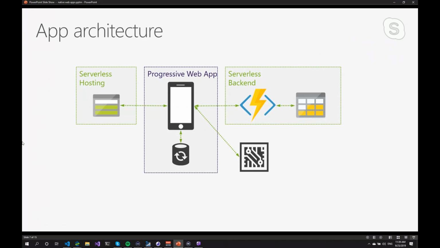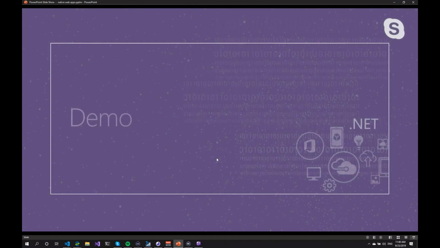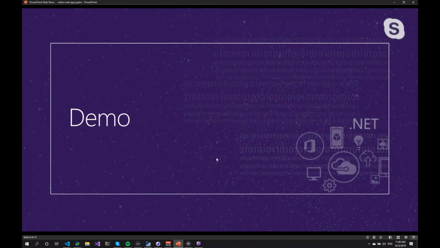And I'm not going to build the entire app today. I'm going to focus on the Azure side of things, how to set up the serverless hosting and backend, and I'm going to demo everything that's going on. And yeah, I've built the app almost entirely. I was hoping to do everything on the stream, but then I think we can do a whole day building this application. Yeah, and that's about all the slides I have.